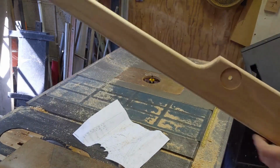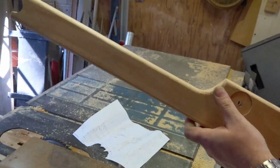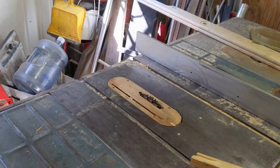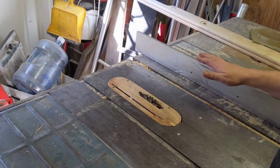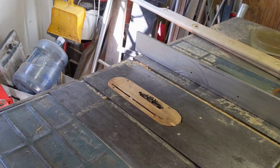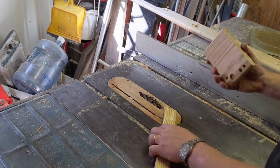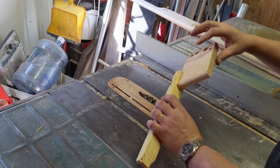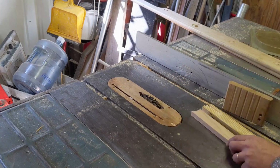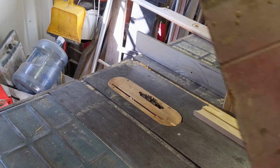There we have it. Nice, rounded over. Alright, so the very final step is to dado the pockets for the steps to slide into in the side rails. Standard dado setup. I played with it and got it together such that it's making a nice tight slot. Because we're going to be doing these dados using the sled,